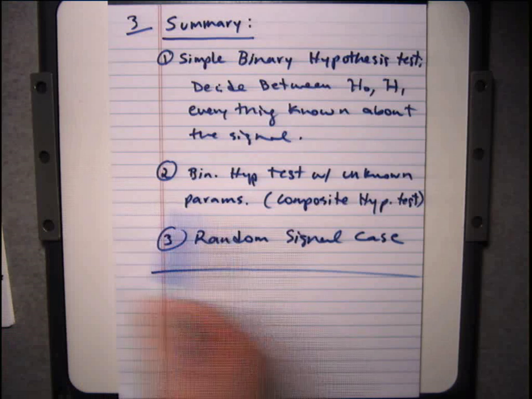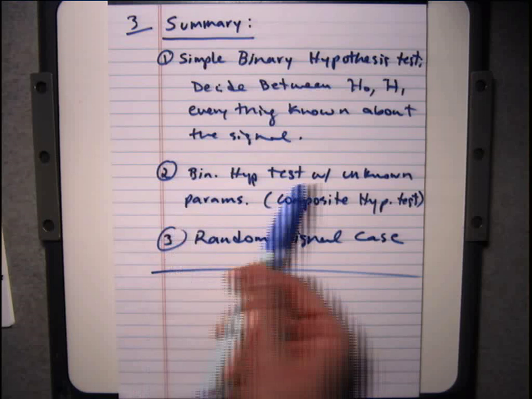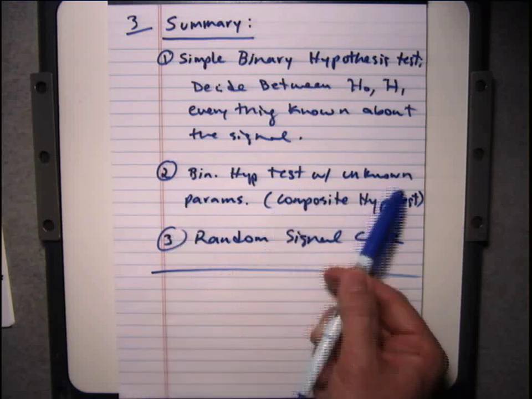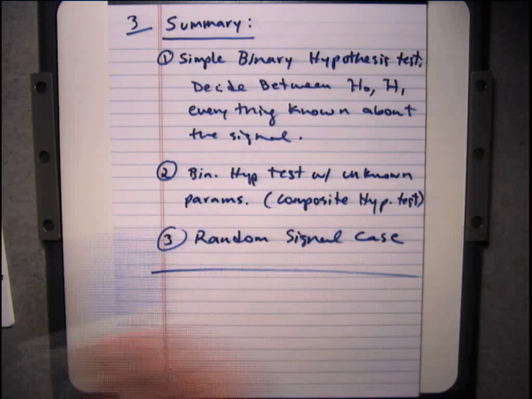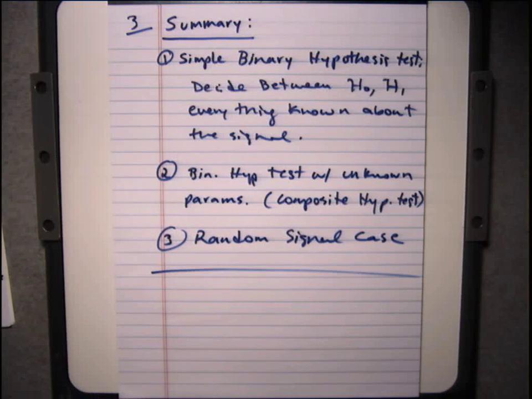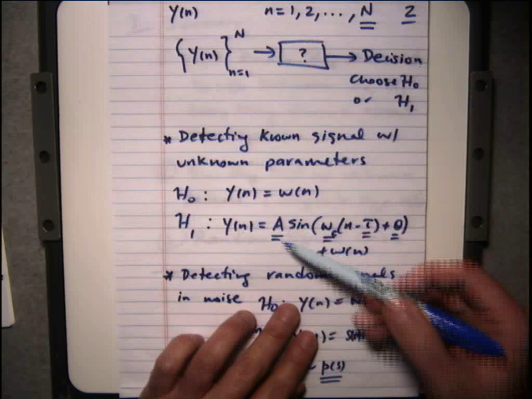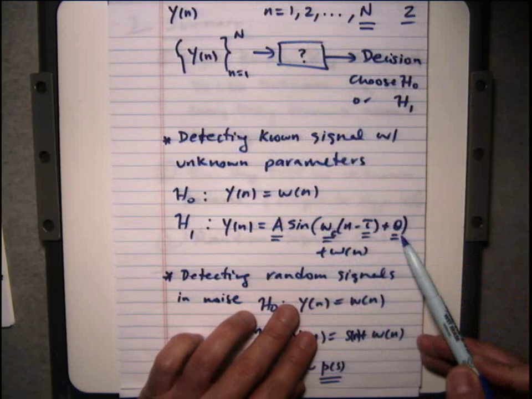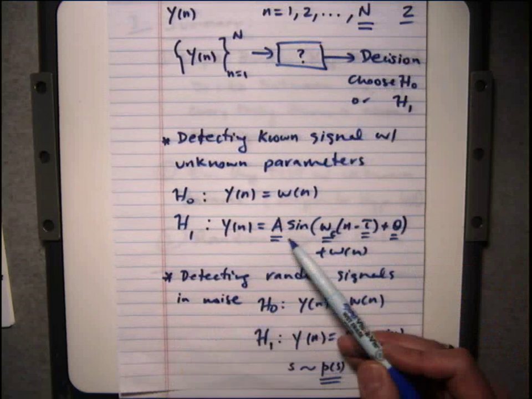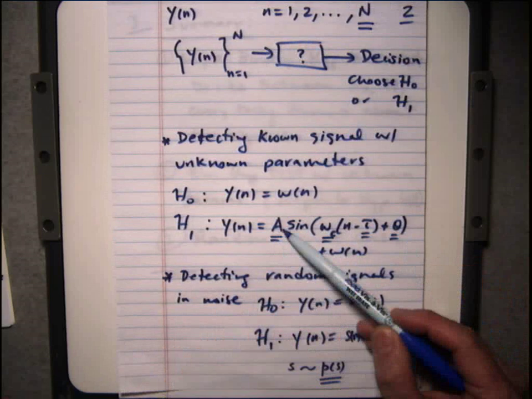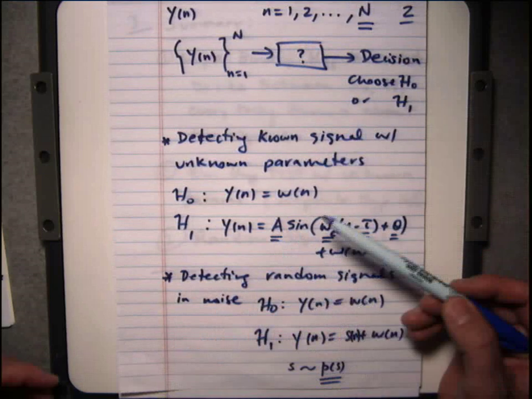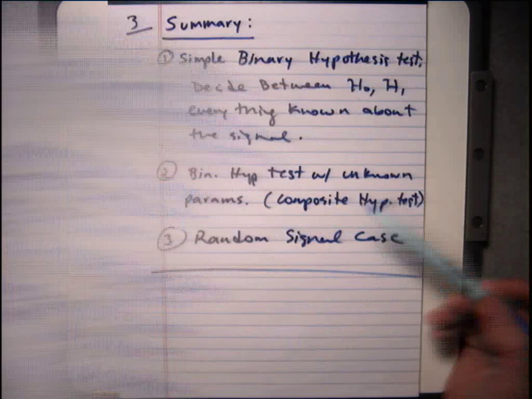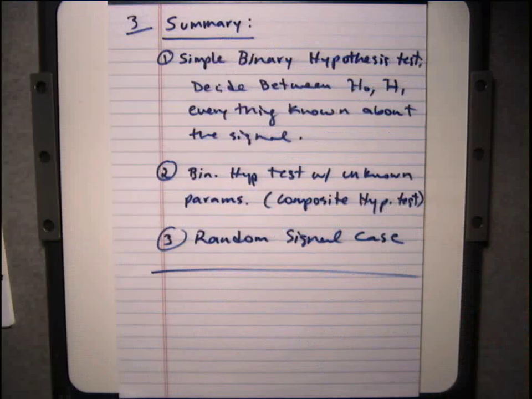In this case as well, you have a simple hypothesis test with unknown parameters. What if those parameters themselves were not constant? What if those parameters were randomly changing? Like I showed you in this example, I said A, omega, tau, and theta were not known. But maybe A is also itself changing in a random way, and you know a probability density for it. Well, that's a combination of things that you're going to learn.